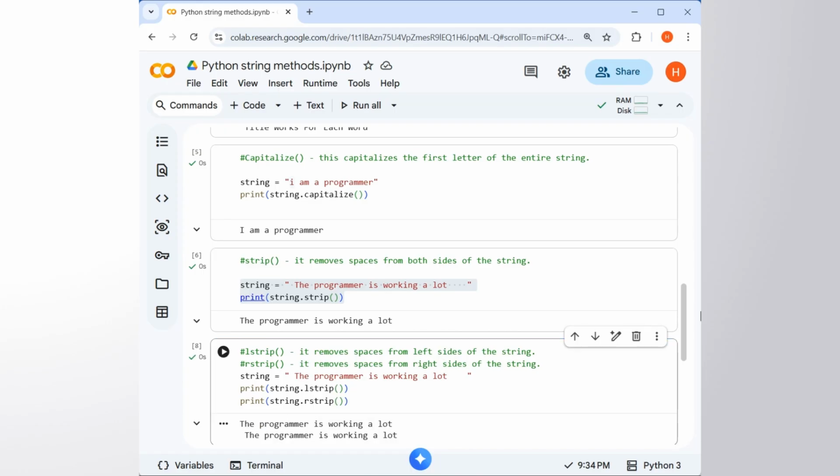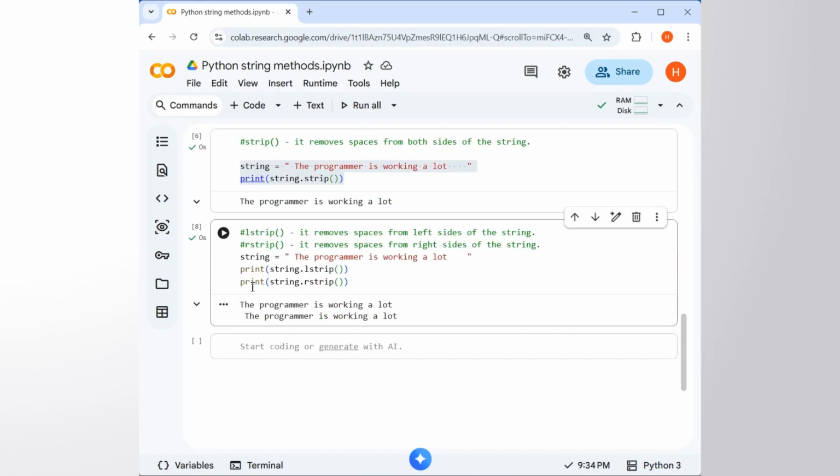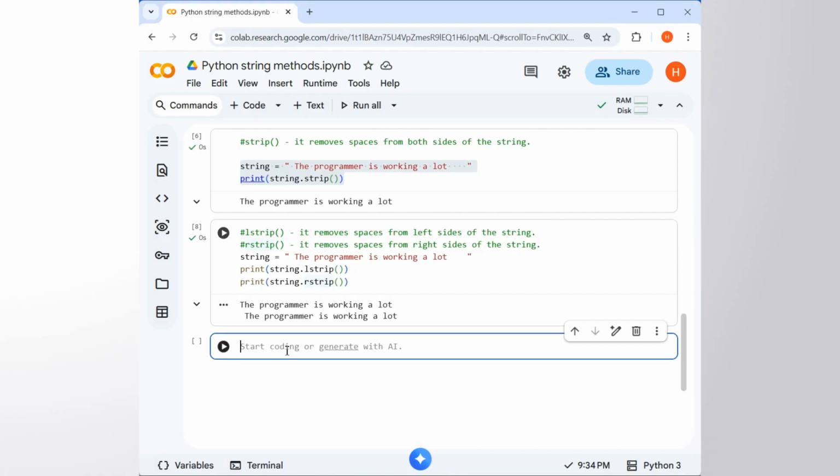So the result is good. The lstrip removed spaces from the left side, and still the right side spaces are there. The rstrip removed the spaces from the right side, and still the second result has spaces on the left side. And coming to the next method, which is the replace method,